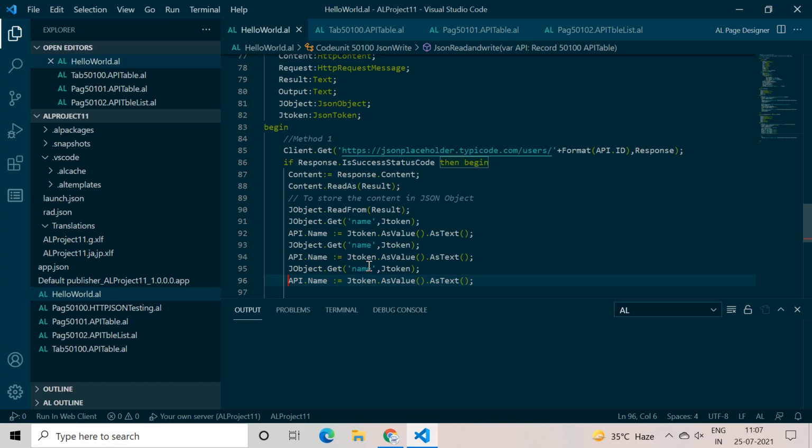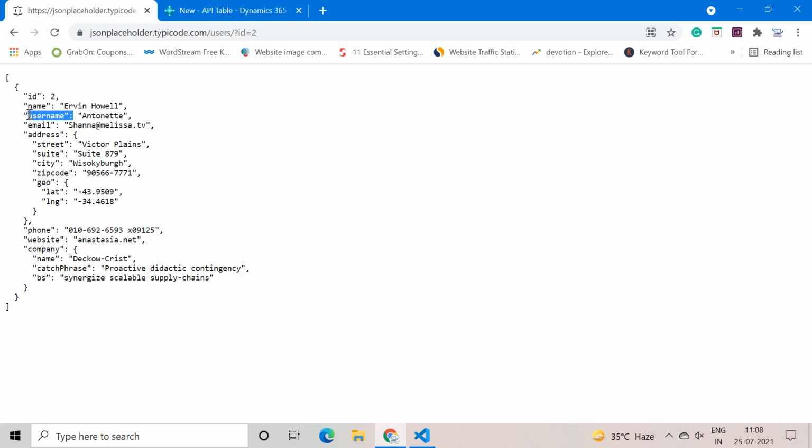Here the next field we want is username. Please make sure, guys, that the key which you are providing here should be the same as the field caption. You should not change it. Like here you have mentioned username and you type in your code something like uname or usenam.